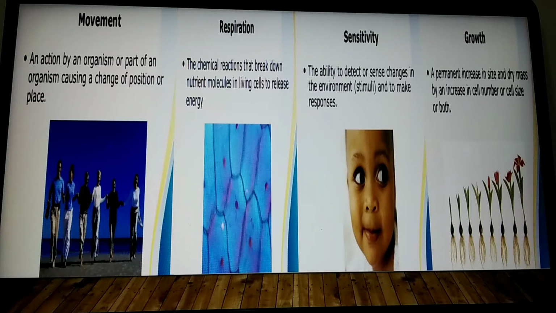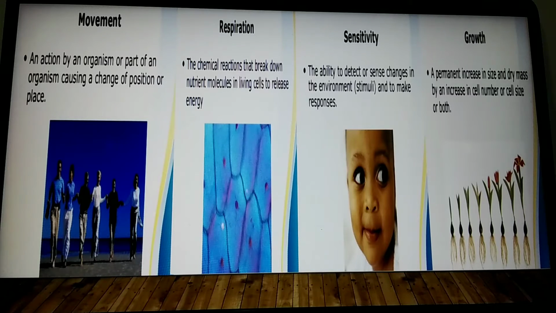Respiration is so many chemical reactions taking place, inhaling and exhaling together is called respiration. And it helps in breaking down the digested food material and converts it into energy in the form of adenosine triphosphate. This is released into the cells in the form of energy, and whenever necessary, we use this energy for our metabolic activities. Sensitivity is nothing but the ability to detect or sense the changes in the environment. This is called a stimulus, which is given to our body, and we can immediately give the response because of